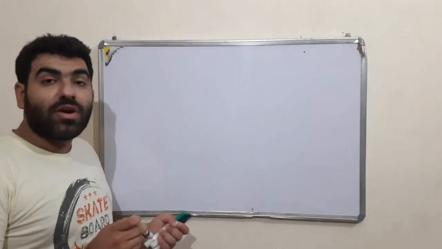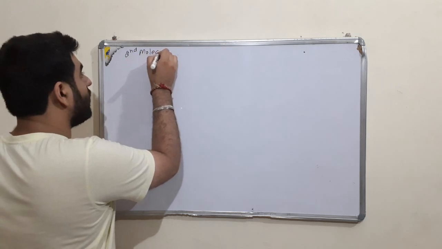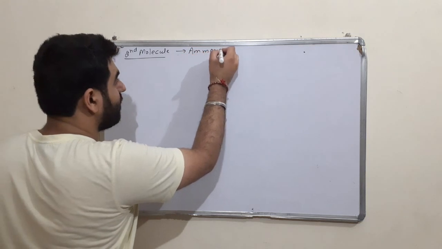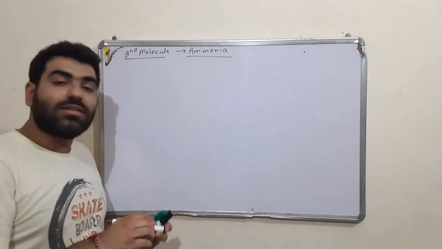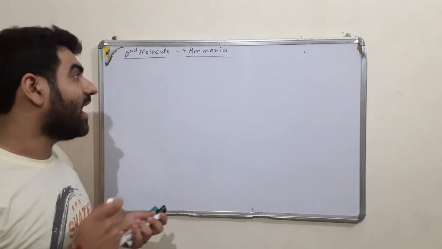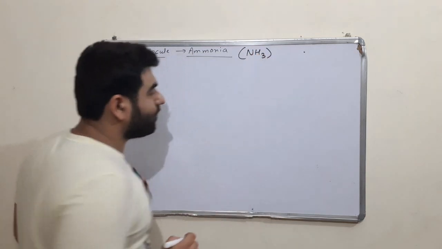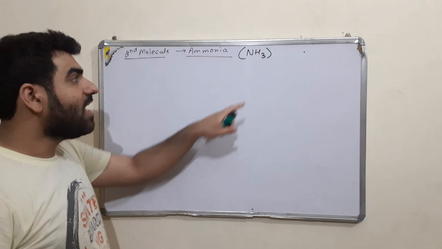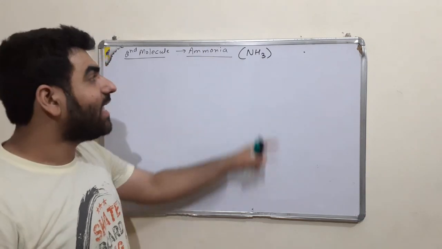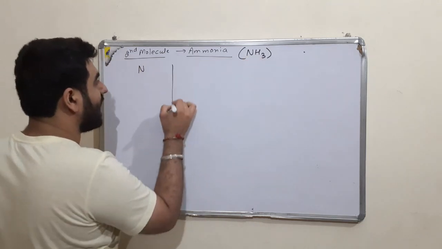Okay students, so we are now going to start with our second molecule for today's lecture, and that is ammonia. This is very important because in the next category of bond, we will have to discuss this ammonia once again. All right, so this ammonia is basically written as NH3. So what is the first thing that we'll have to see? Whether both are non-metals or one is metal, other is non-metal. We can clearly see that both of them, nitrogen as well as hydrogen, are non-metals.